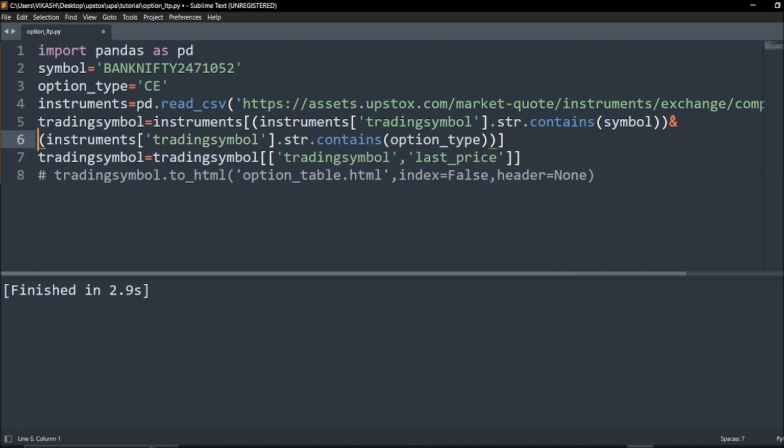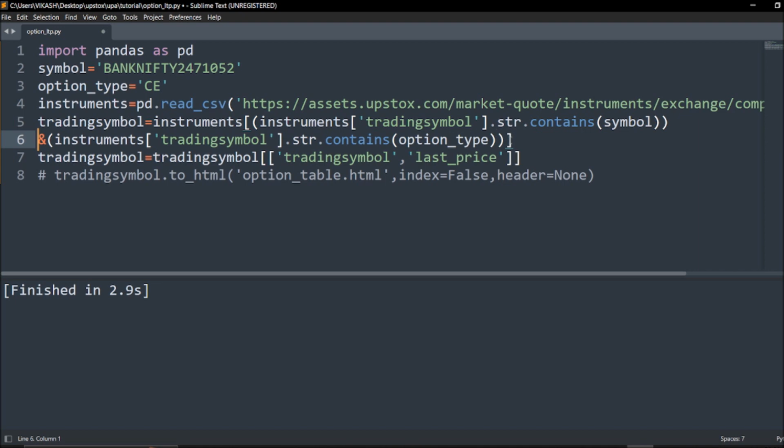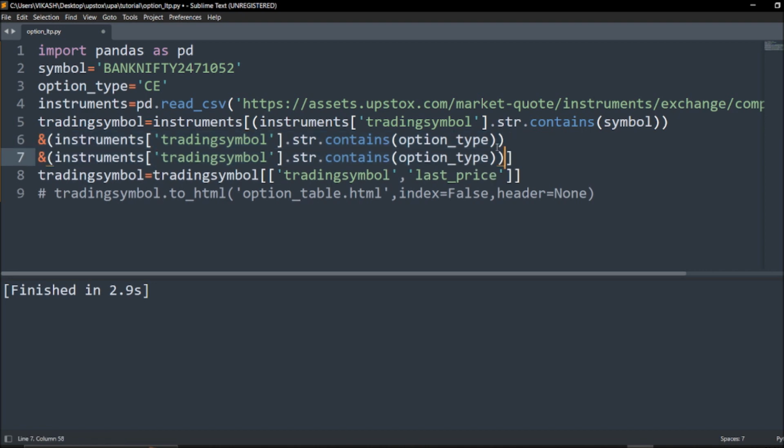And it is, I mean, you can still give one more, especially for the last price. Okay, so what you can do, you just give it these things and say last_price,